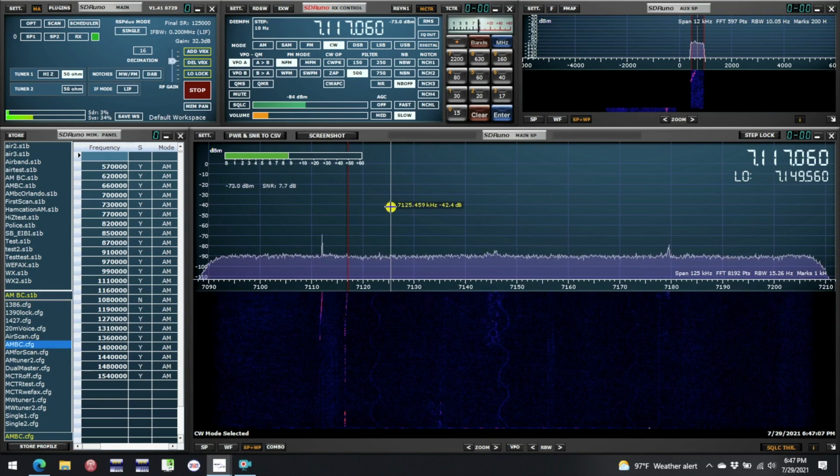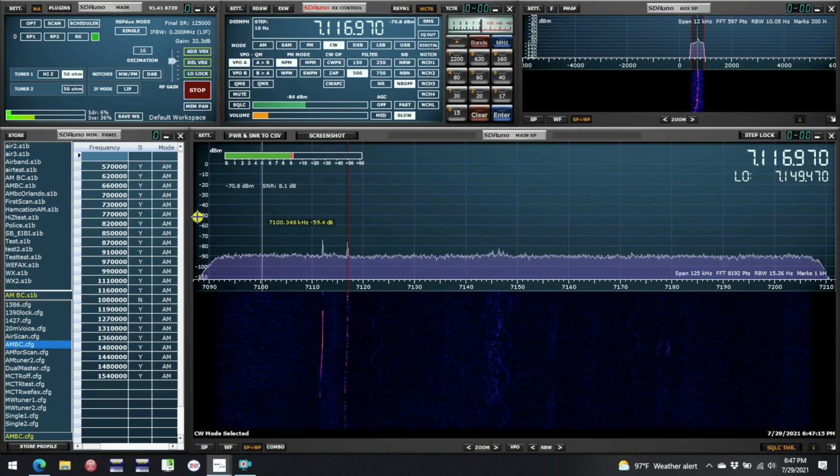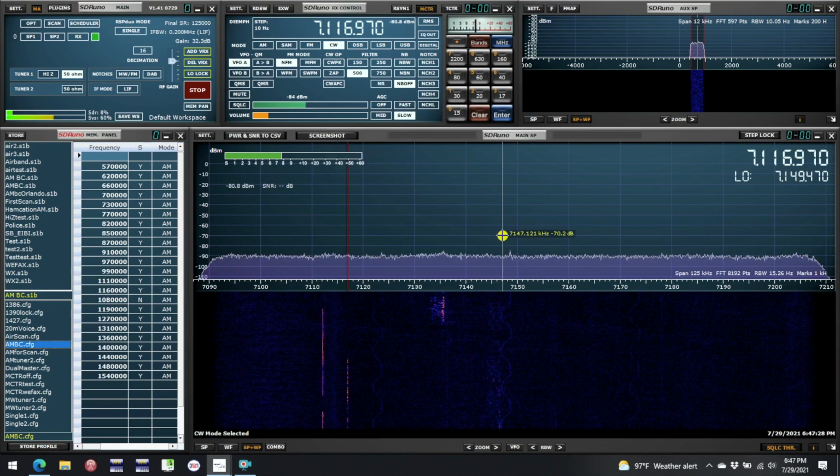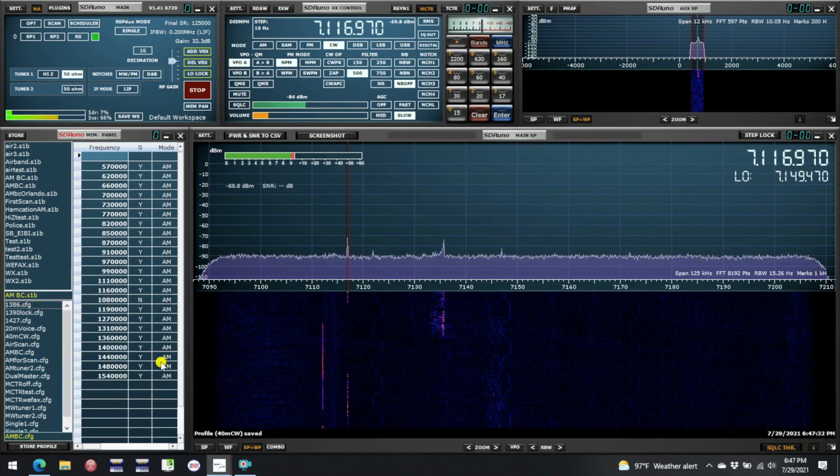And then once we have this, we could save this as a profile, which we can then recall for future use when we want to listen to CW signals. So now I've created a profile called 40 meters CW,